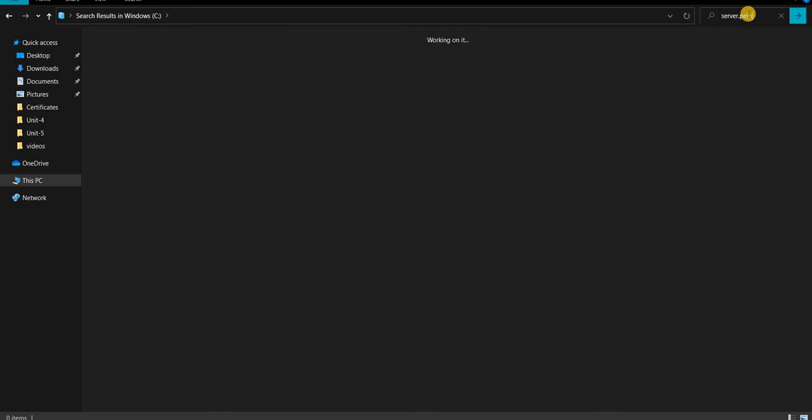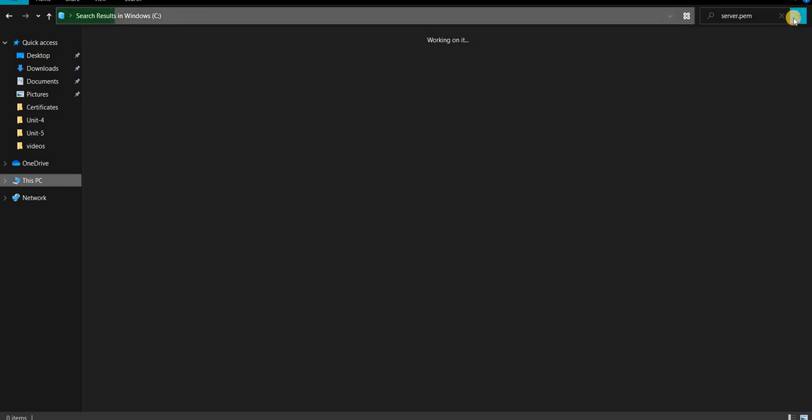Just search it in the C folder. When you are doing it the first time, you do not know the exact location where this certificate is created. So for that purpose, you need to search for it the first time. Later on, you will come to know where it is available. So let us see where it is.